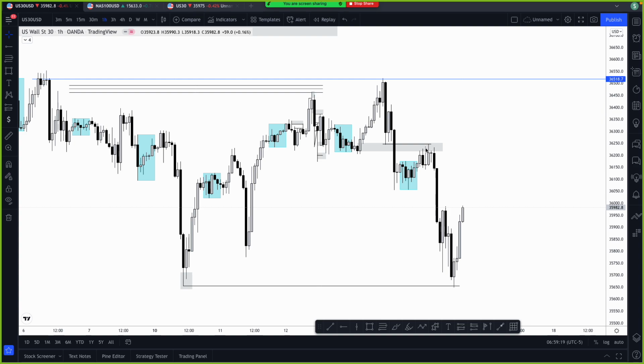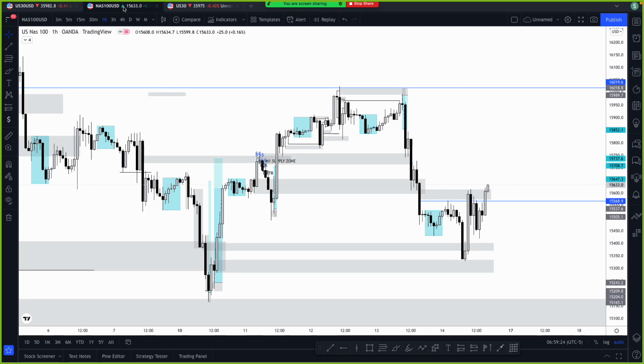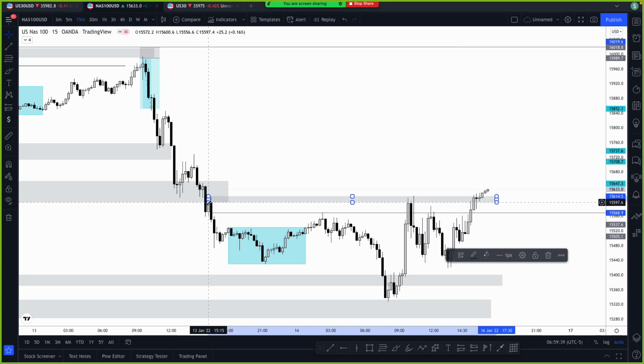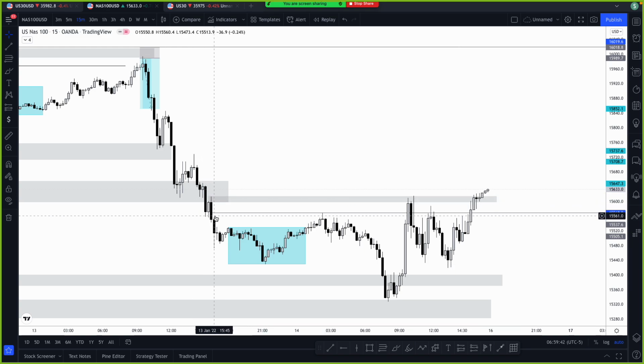because I did not focus more on Nasdaq. Why? Because Nasdaq played out before me. I think I explained to you, when it gets near my point of interest, because the point of interest was on M15. I was expecting the market to come and touch this zone here inside so that I can sell. My entry was here. This is what I was looking at. But it did come to the body, touch the body, then sold. But I did not take it. Then when it came up again and touched this area, I did not take it again.